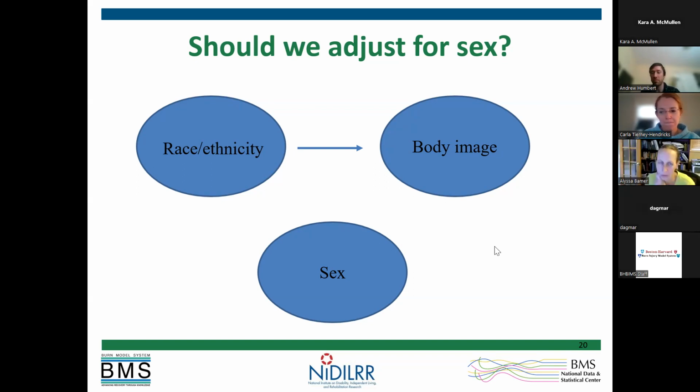I can jump in, Andrew, if nobody else does. I guess I would not see that there is a relationship between sex and race and ethnicity. I guess I wouldn't theoretically think of there being a relationship there. Yeah, and my thought, I'll give my thought. My thought was there potentially could be in the burn specific population, and in the general population, I think not.